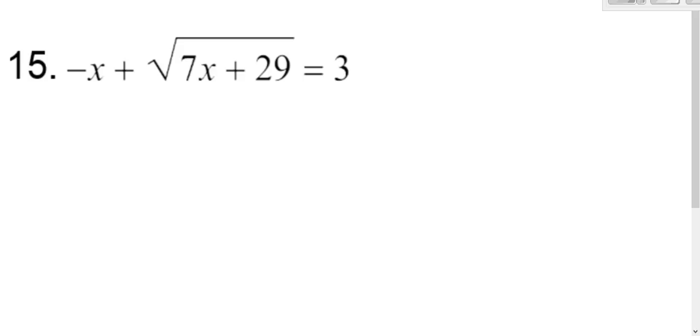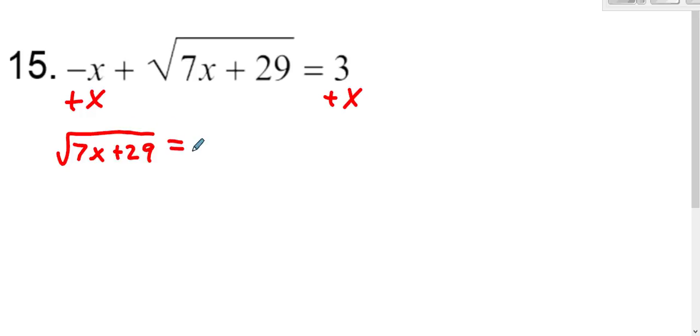So the first thing you've got to do is isolate your square root. So we're going to do that by moving this x away. So we get x plus 3. So now that the square root is isolated, we're going to square both sides to get rid of that square